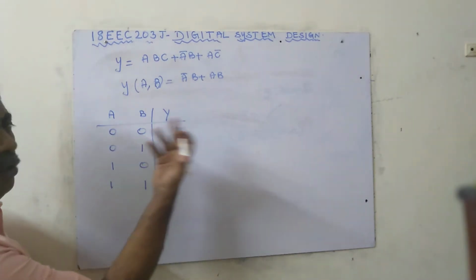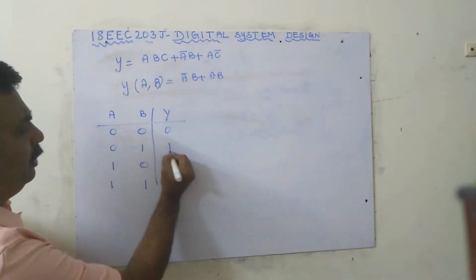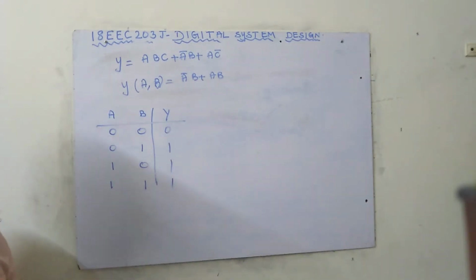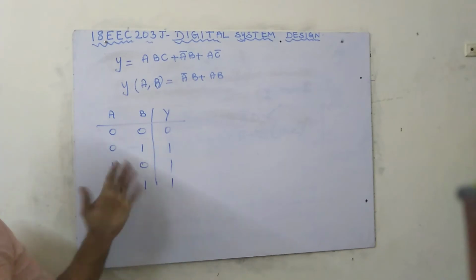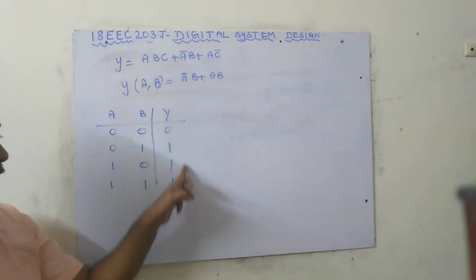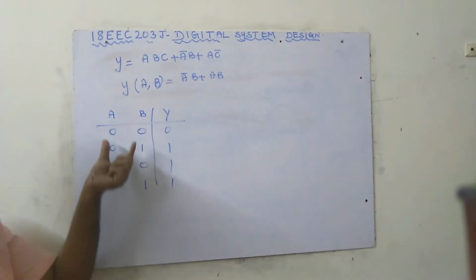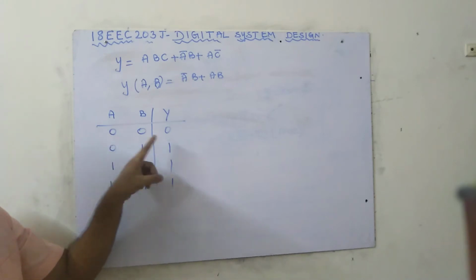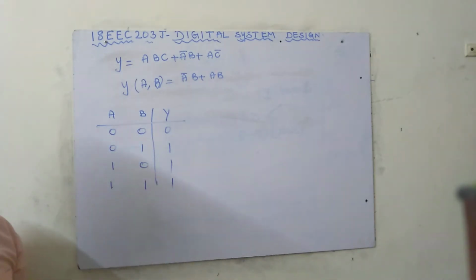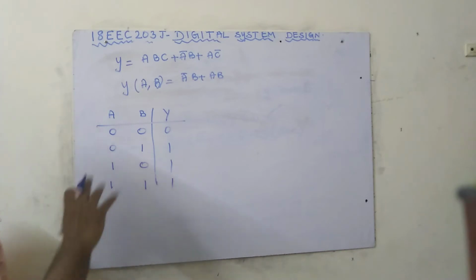For the output, for example, 0 might be there, then 1, 1, 1, like this. It might be different. If it is an OR gate, the output follows that, but in general the output may be anything, but the output will also be 0 or 1. But what is meant by all possible combinations? It means what are the possible combinations for the inputs A, B. That is called all possible combinations. This is for two variables.